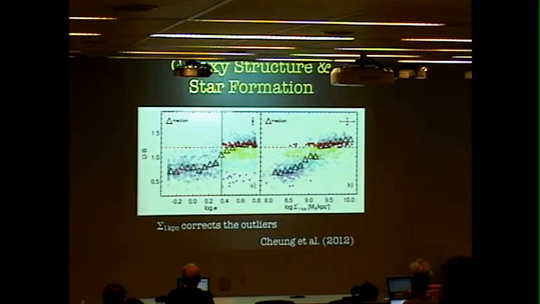So if you plot the Sirsic index versus color, what you see is that there's all these outliers here that Edmund has color-coded. But then if you plot the same sample as a function of sigma, so the stellar mass surface density, you see that they form this very nice tight correlation. And this is very suggestive of the fact that quenching might be tied very closely to the structure of the